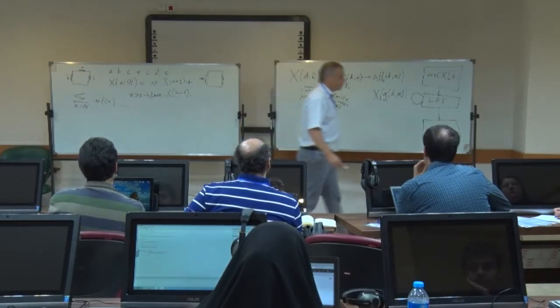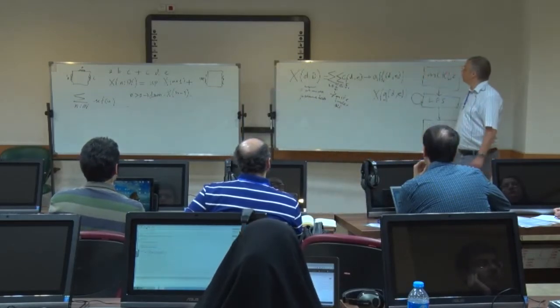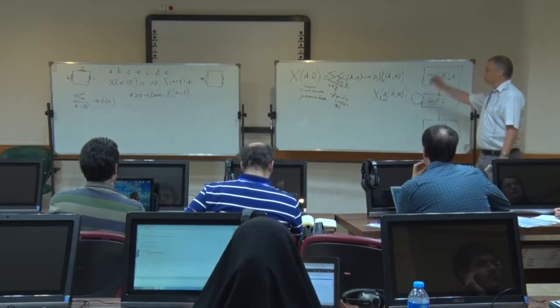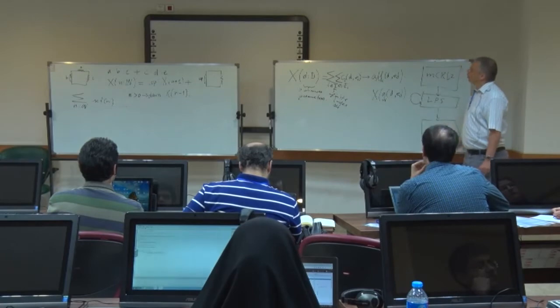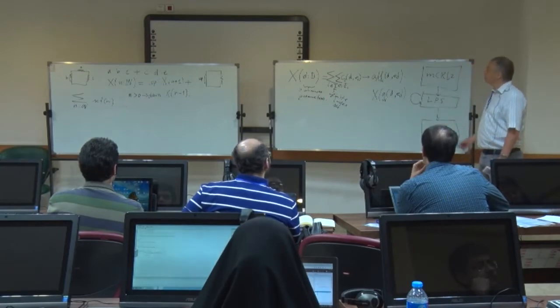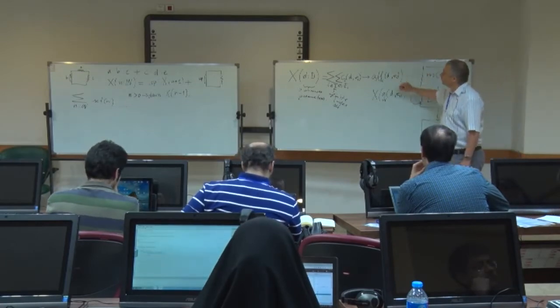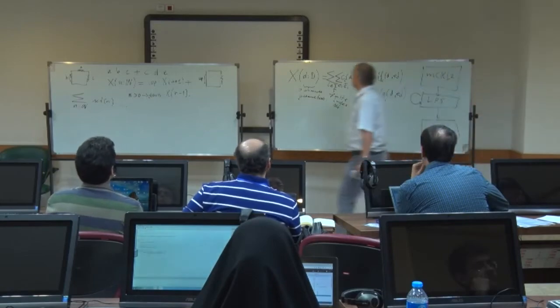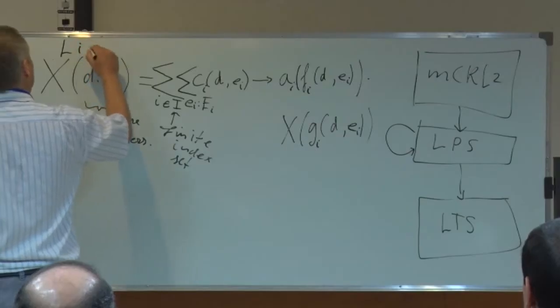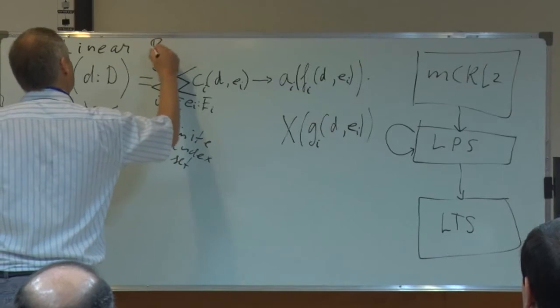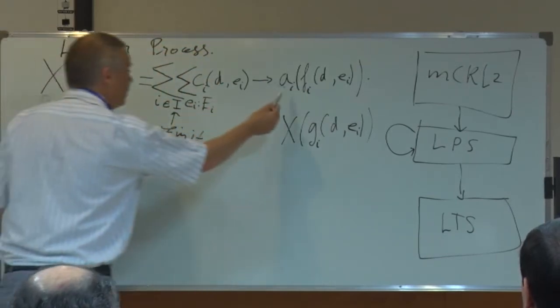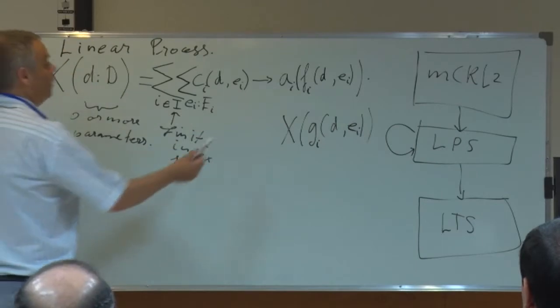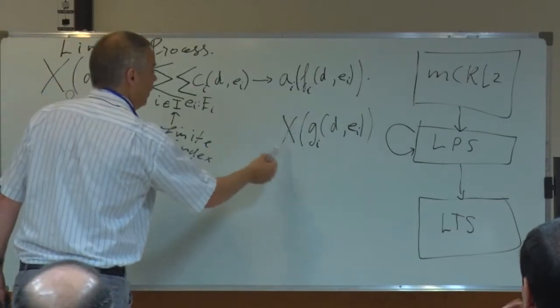And I can say a little bit about termination and about, well, I never spoke about time, but all these processes can use time also. I will ignore all these extensions for the moment. A process like this is a linear process. So this is a linear process. If it has this particular shape, one action, that's the most important thing,